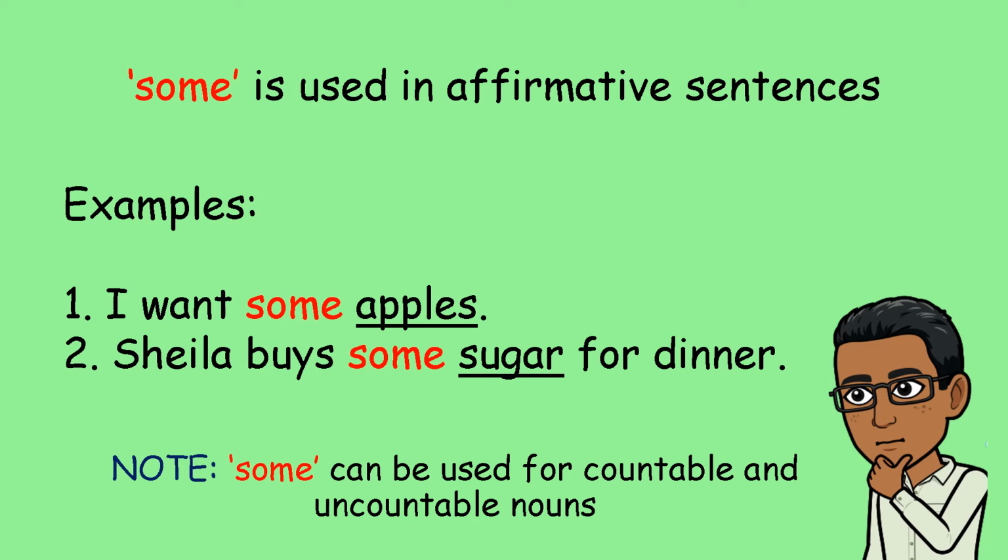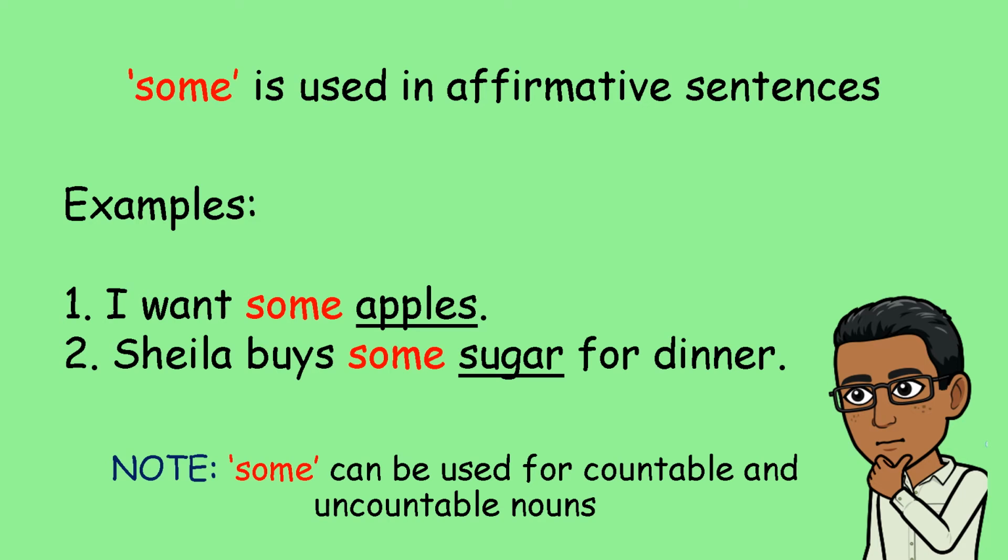That is why I underline the word apples and sugar, so that you know. Apple is a countable noun, whereas sugar is an uncountable noun. So we can use the word some for both countable and uncountable. So you don't have to think, can I use some for things which I can count? Yes. And what about things which I cannot count? Yes, you may use some for both